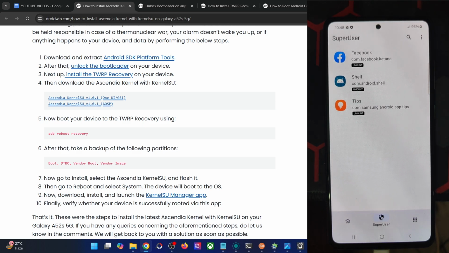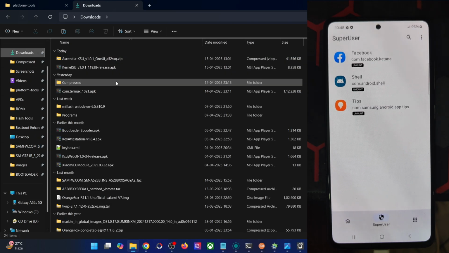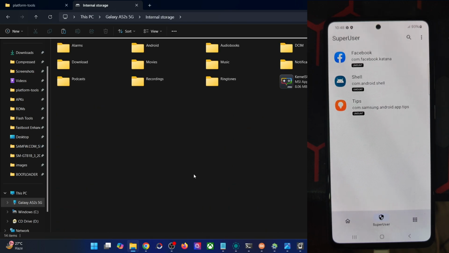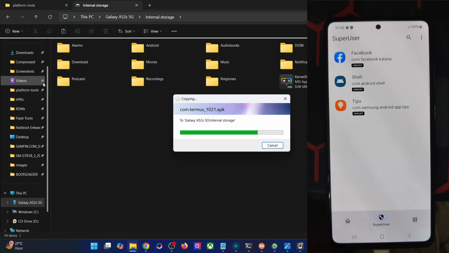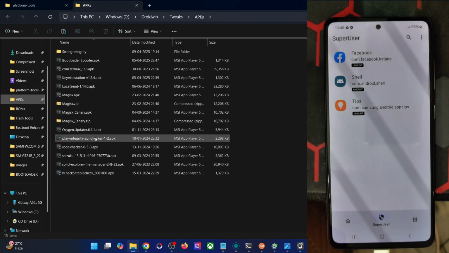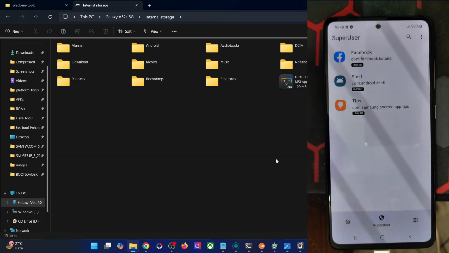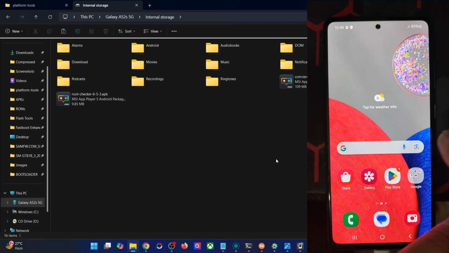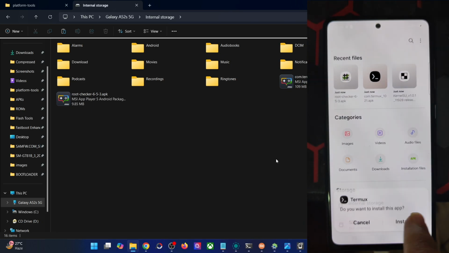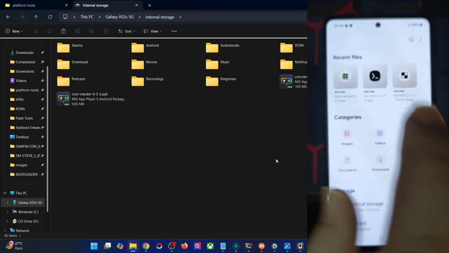For the sake of reference, let me use a couple of apps that require this. So Termux is one such app, and let me first transfer the Termux app. Likewise, one of the easiest approaches will be to use a root checker app as well. So let me use the root checker app, which is over here, and transfer the APK onto my phone as well. And now let's install both these apps and verify the result as well. My files, first off, let's use the Termux app and install it. App is done. Likewise, this is the root checker app.